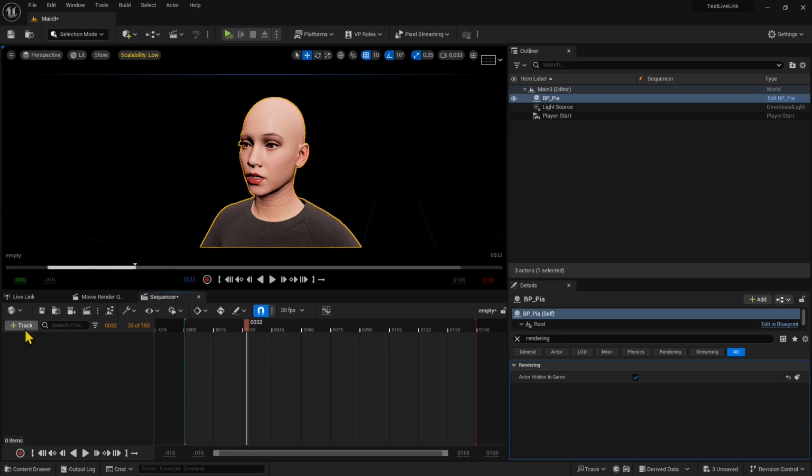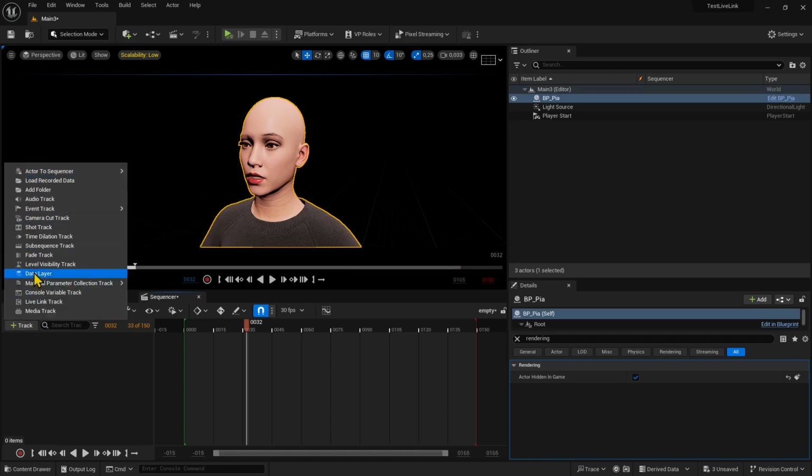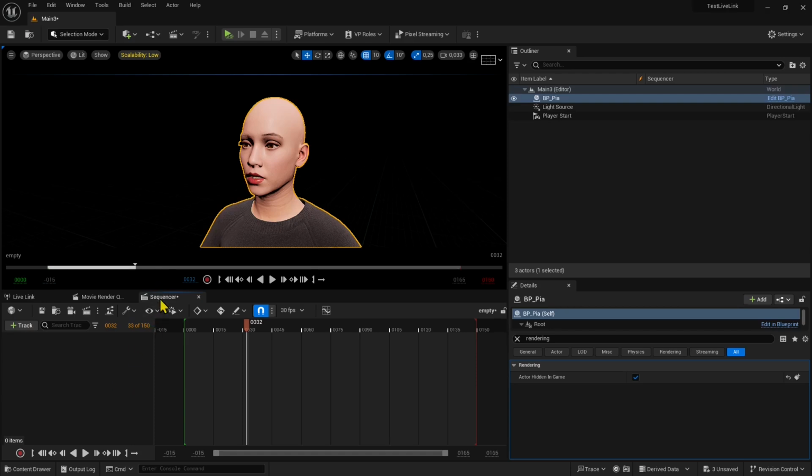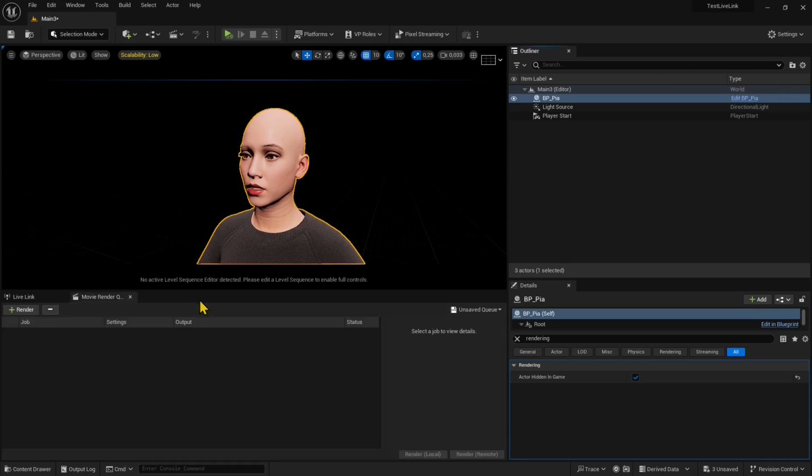So once we are in the sequencer window, we can start to add tracks. And so that's the other way we can animate. Adding here what we want to animate. So we can go to the add to the actor to sequencer, and we can add actors in there, and we can start to animate those using the keyframes, the standard or more classic way we used to do that